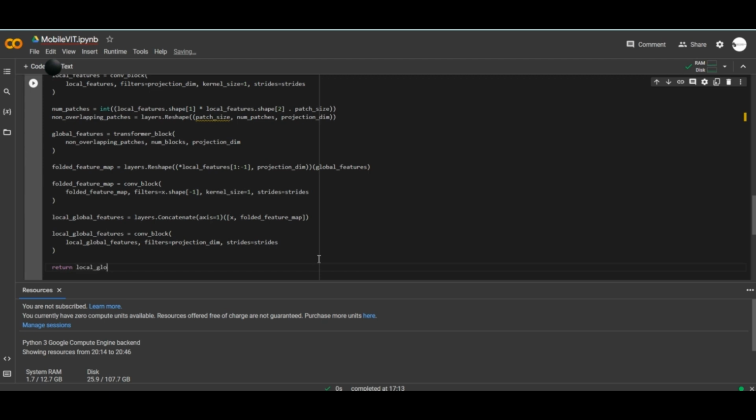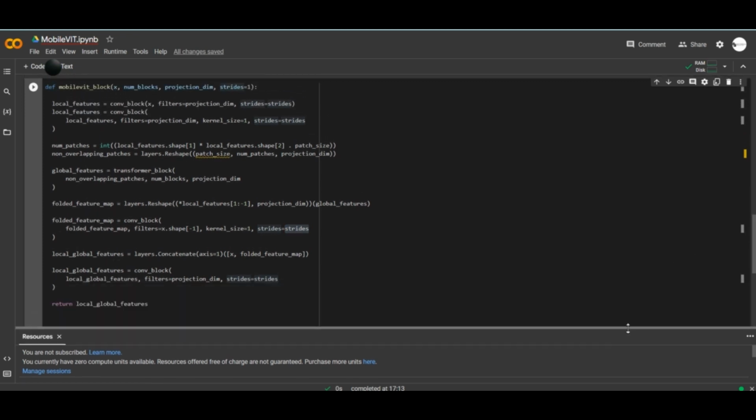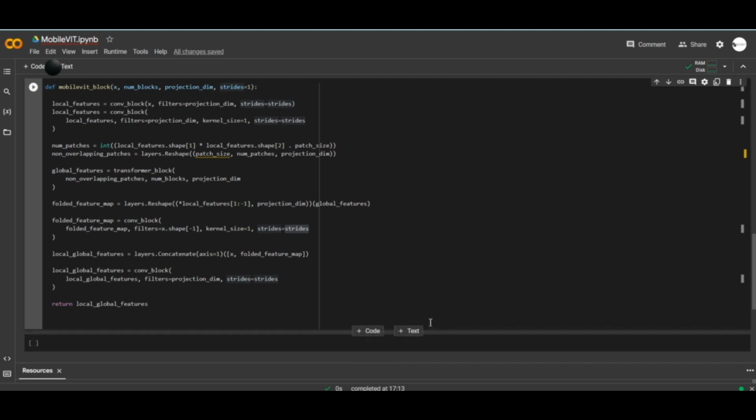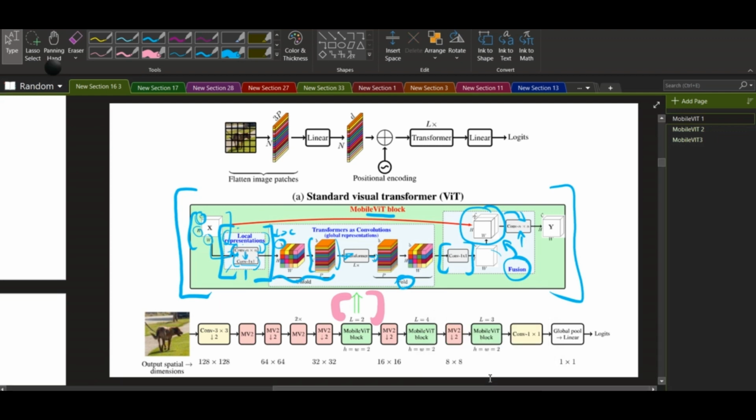local global features. I think we need to make sure that stride here is equals to 1 so that we can actually be able to concatenate. So if stride becomes 2, I think we might not be able to. Yeah, but essentially this is the MobileViT. So we went through the paper, we explained this component in more detail. So now I'm just coding it up so that you have a clear understanding of how it's implemented